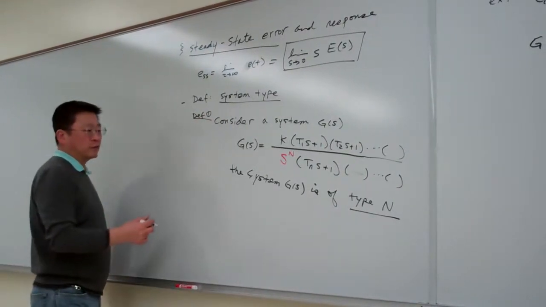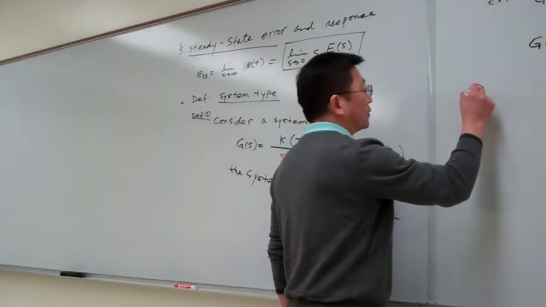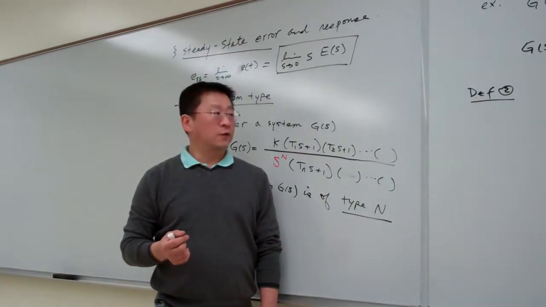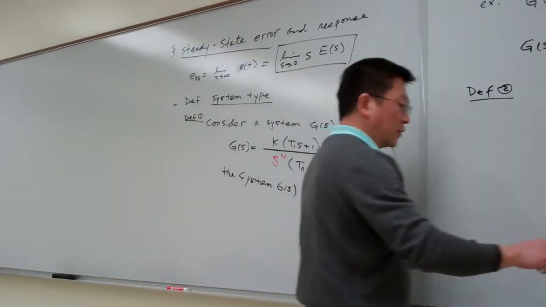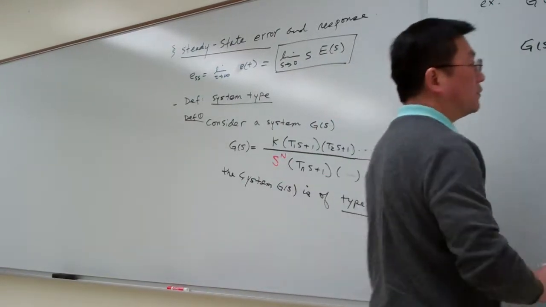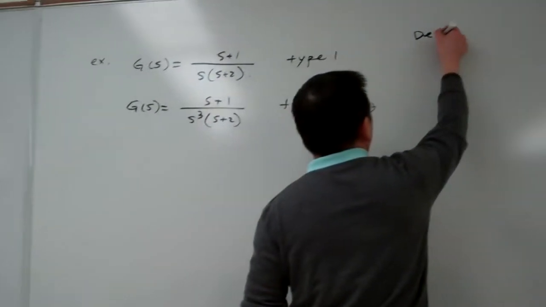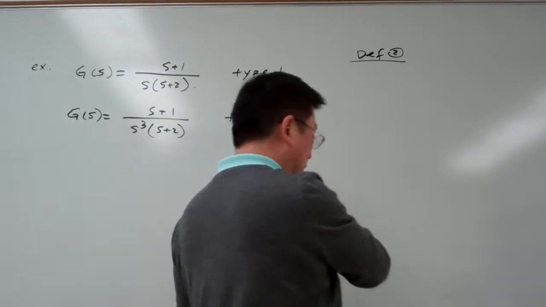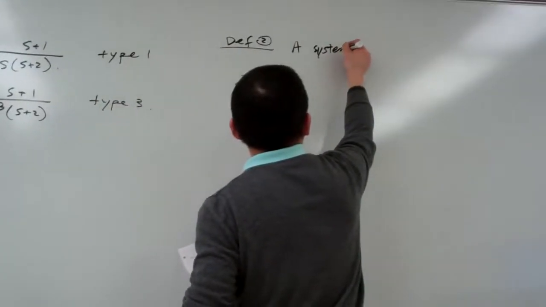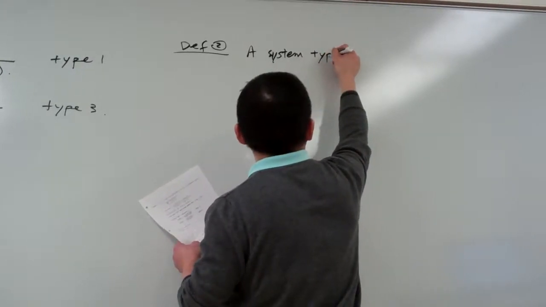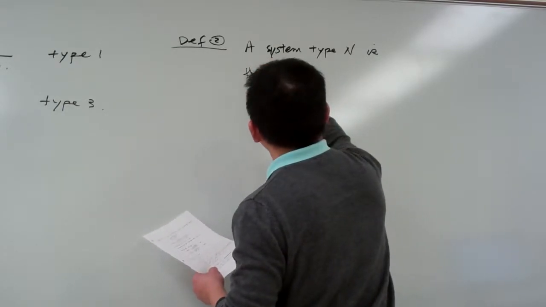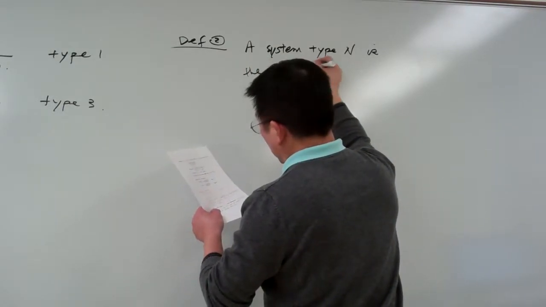And there is another equivalent definition, and this definition is a little bit obscure. So we can use an example to demonstrate this definition. In this way, I want to keep the definition for a while. So let me write it down here, and later I'm going to erase the portion there. So this one is a system type n. It's the lowest degree